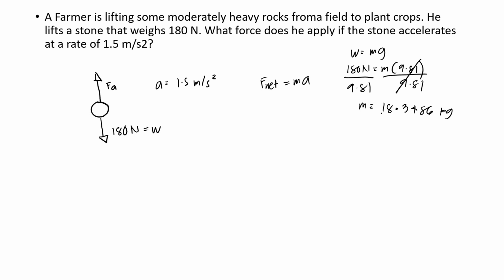So now we have the mass, we can get the net force using F net equals ma. So let's substitute the value. The mass is 18.3486. The acceleration is 1.5. So the value for net force is 27.5229 newtons. So guys, this is only the net force, and what the problem asks for is the FA, or the force